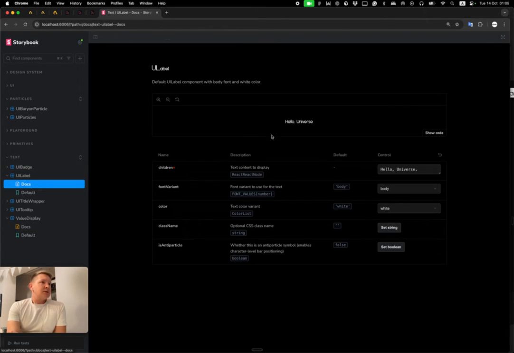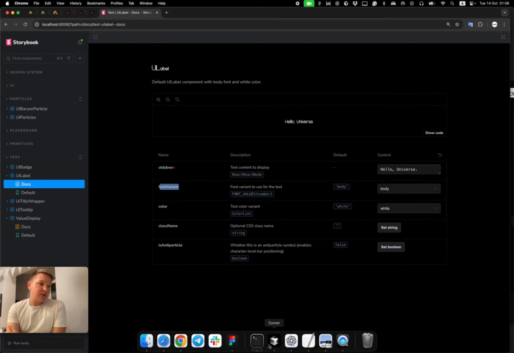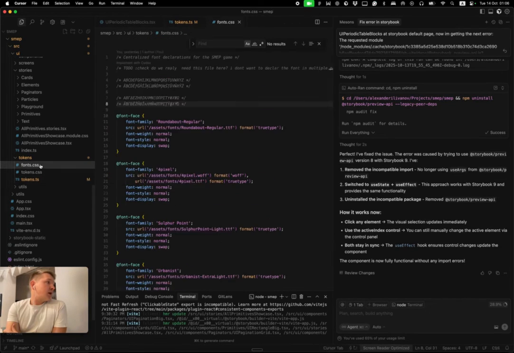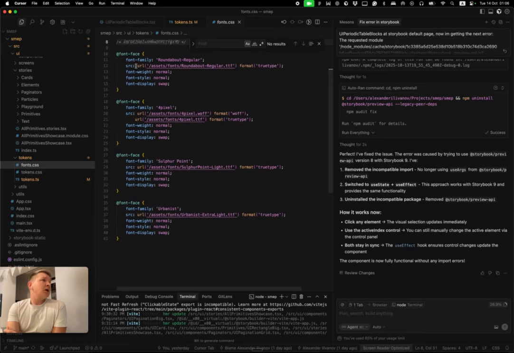So the label is the simplest one, it's just text, and as you can see I'm trying to keep the controls in Storybook to a minimum. So I only have the text inside, and I have a control with only 5 allowed font variants, which I store in my tokens as a separate file.